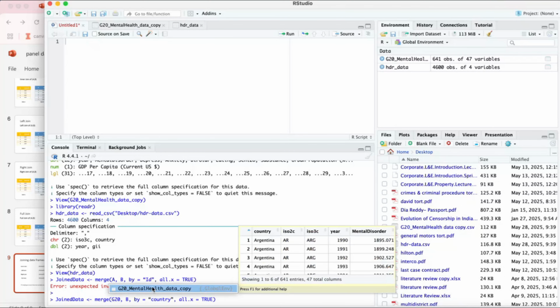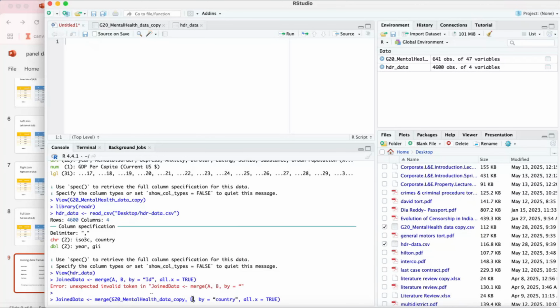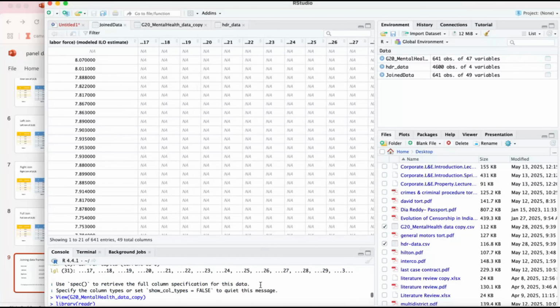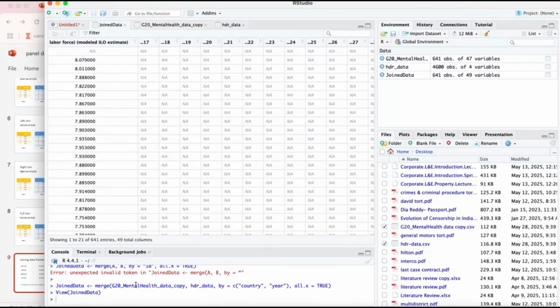This one, just select this, and this data. And for based on 2 columns, you have to write c before the bracket, and in the bracket you'll have your country and year. These ones. Should I switch the order or something?